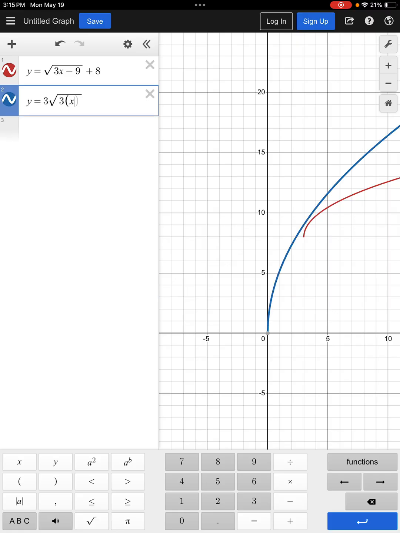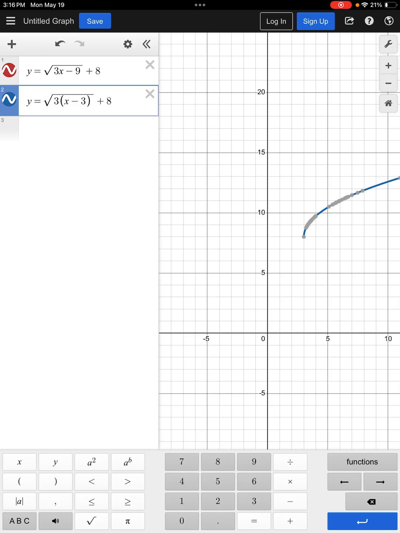3 bracket x minus 3, close the bracket. I need to go on the outside to put the plus 8. I don't know why there's a 3 in the front, we're just going to delete that. There we go. So we know that these two equations are the same, and that means that I factored it